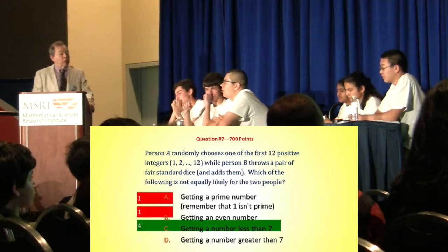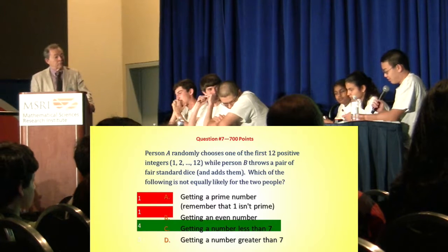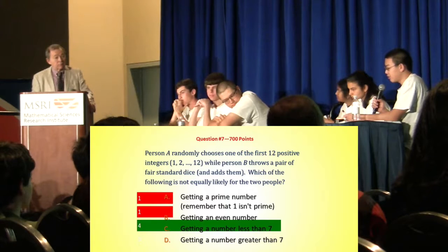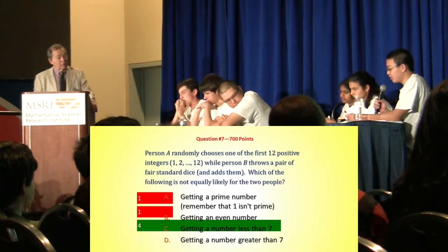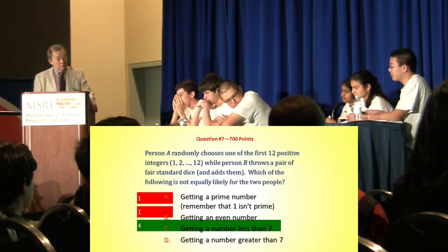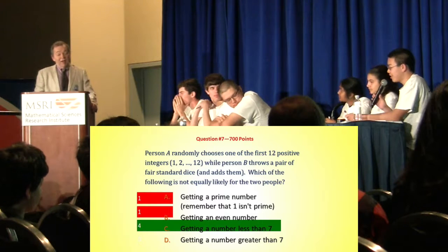So Andrew, how'd you get it? Well, the probability of getting the number less than 7 with the dice is 15 over 36, which is 5 over 12. But the probability of getting less than 7 with the random number generator is 1/2. Right. And unless your random number generator only generates 7s, and then it's...